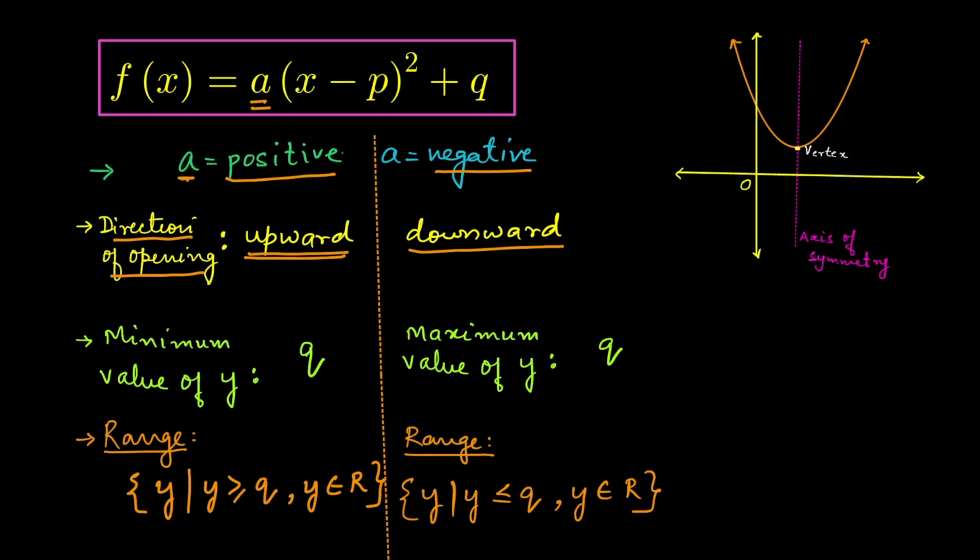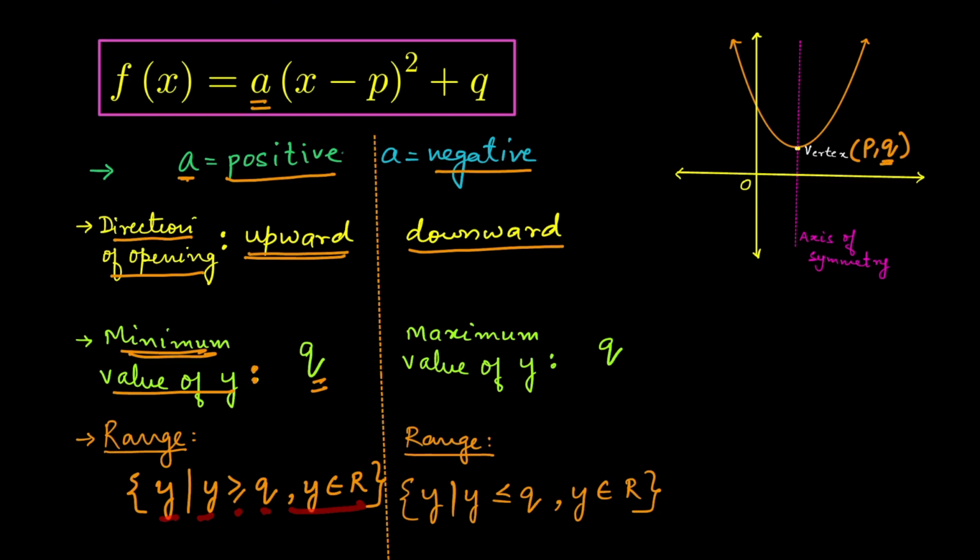Then if it is upward, the parabola opens somewhat like this. In this case, the minimum value of y, since this vertex has the coordinates (p, q), the y coordinate q will be the minimum value. So the minimum value will be q. And since the minimum value is q, the range will be y such that y is greater than or equal to q. That means it will be either q or more than that,